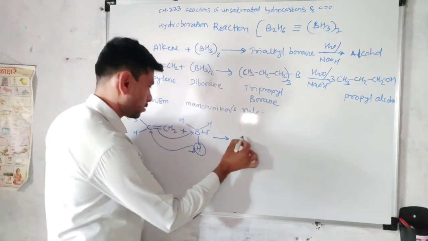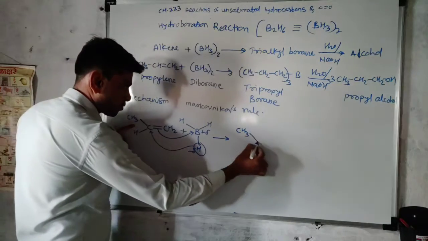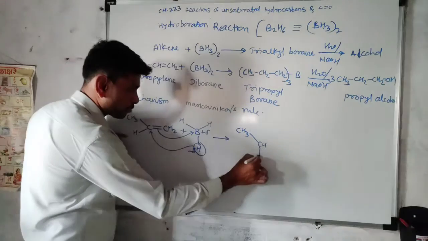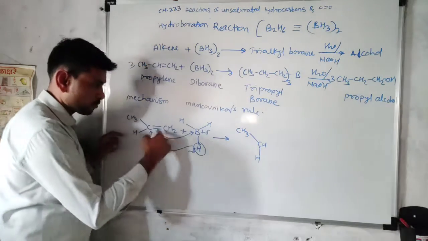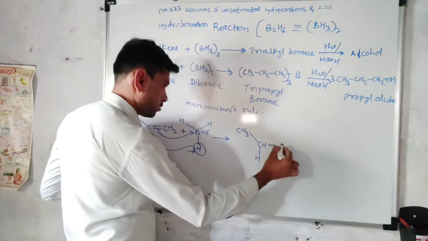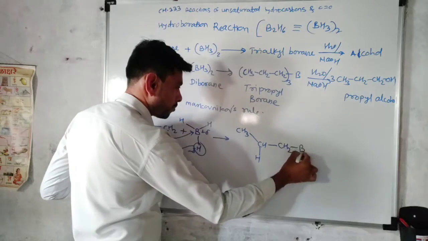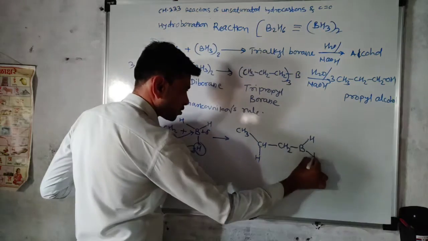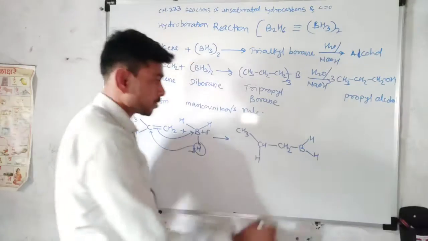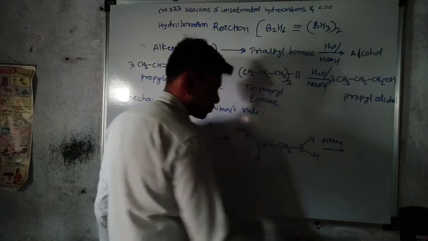So we get CH3, CH, and attachment of another H from this borane, then CH2 and B, and these 2 hydrogens. In the similar way, 2 more molecules of alkene attach,